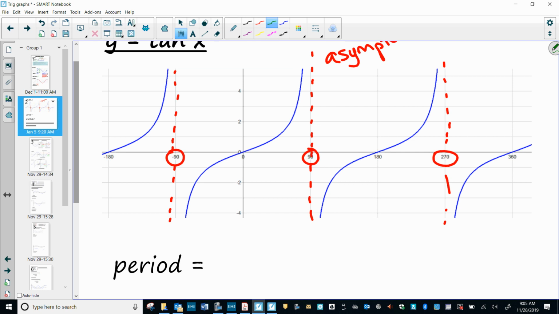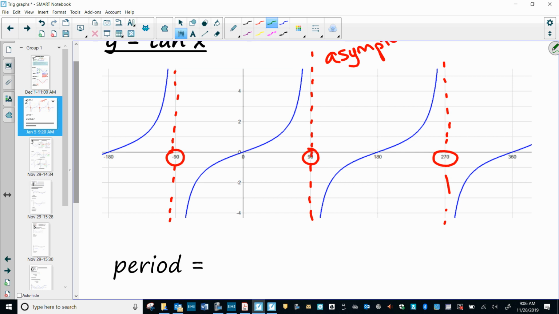No, every 180 degrees, they repeat the asymptotes. And remember, these graphs keep going on and on down here. They get super close to that point but just won't ever